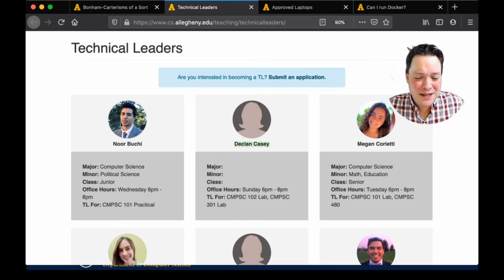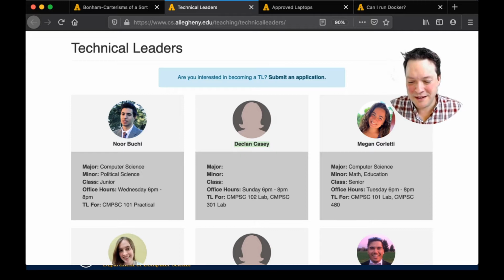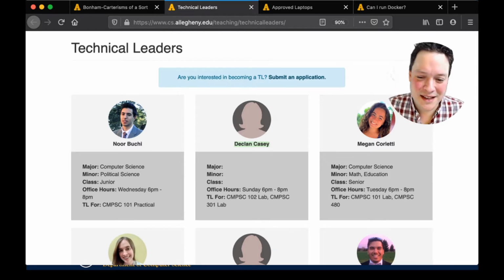But what I'm saying is that when we have our lab, they will be there and they will be hanging out on the Slack chat. And so if you have any questions over anything here, of course you can ask me. I'm not saying that you can't ask me, but you can ask them too. And that makes things easy, because if you happen to have a question and I'm busy, you can quickly just ask that person, and they should be able to help out just as well as anybody else.